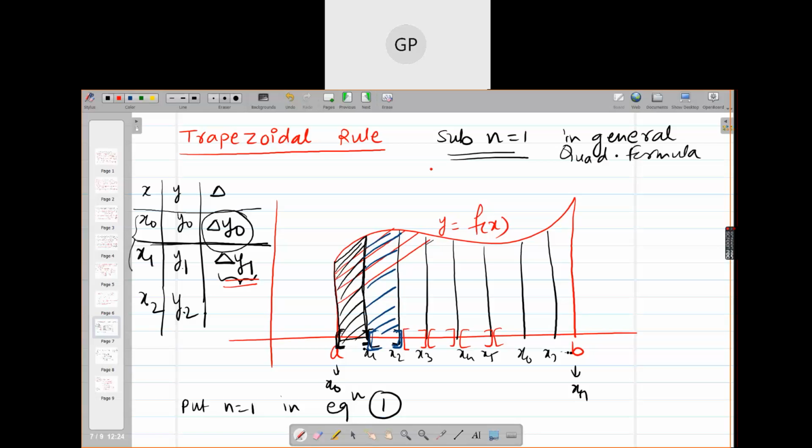We are deriving the trapezoidal rule. So we saw in the first two subintervals, the first answer was for the interval x0 to x1: h by 2 (y0 plus y1). Second subinterval, the answer is